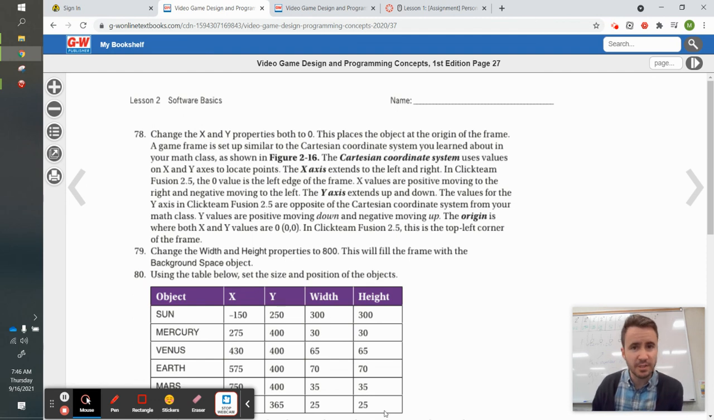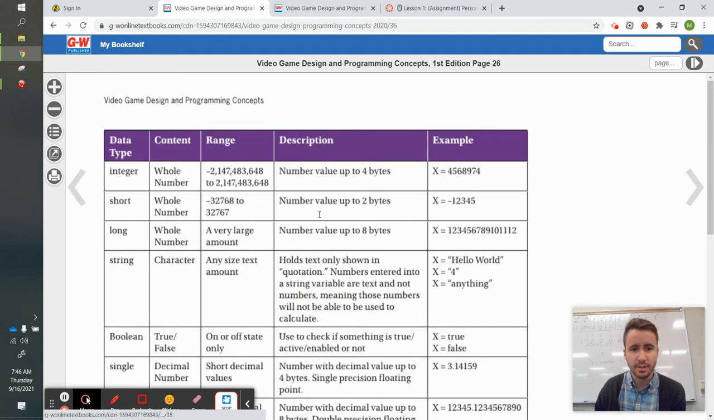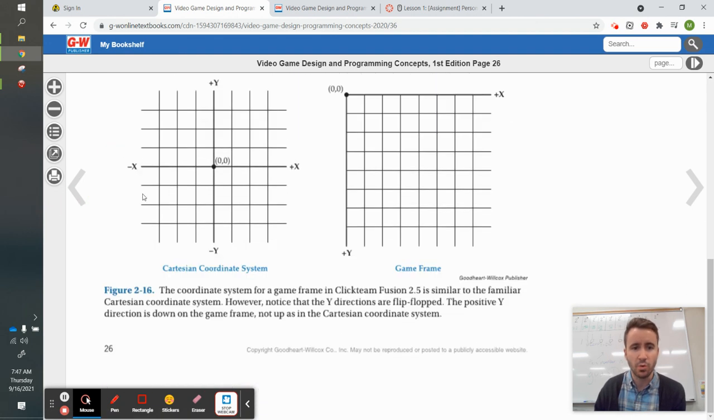Okay, next we're going to be changing the location of some of our items. We're going to be dealing with it just kind of like on a graph where, let me show you a picture. On a graph, you have an XY coordinate system. So this is something just like in math. So you have your X coordinate, your Y coordinate. On this particular